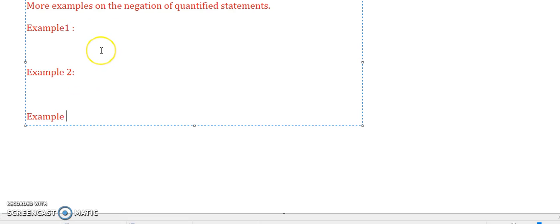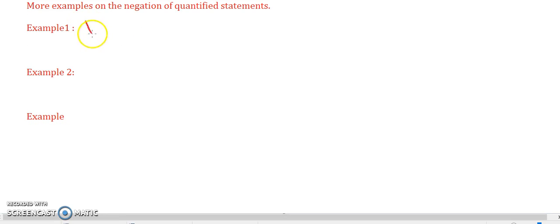Right, now we can look at more examples of the negations of quantifier statements. In actual examples here, we include not only the exists and universal, but also the conjunction, disjunction, and conditional statements we have learned before. So the first example, for any integer, for any